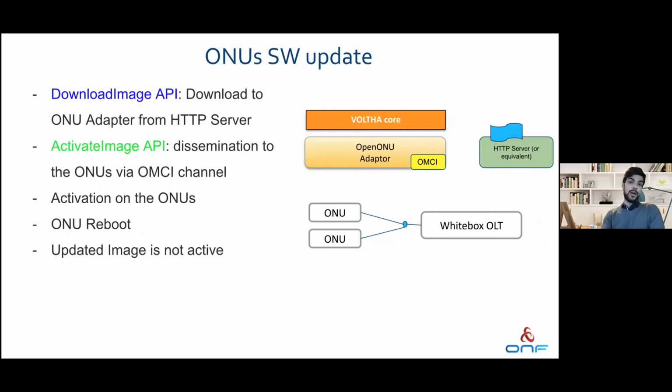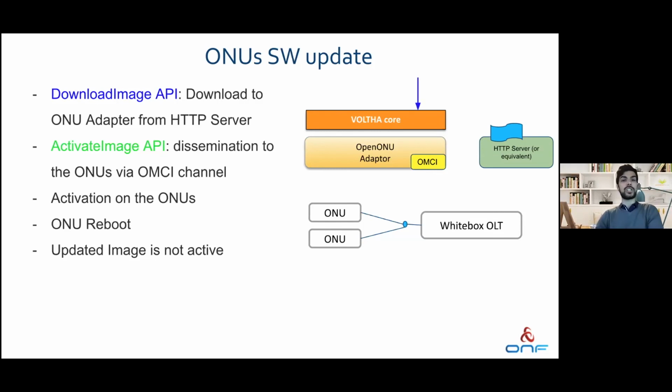The other big software update that we tackled in 2.7 was the ONU software update. So what does that mean? It means that, again, you have a bug in the image of the ONU that you have in your deployment. This is the physical equipment that stays in the subscriber place, in subscriber apartment, house, or whatever he has the line for. And we are now capable of having the download image API, which takes an image from an HTTP